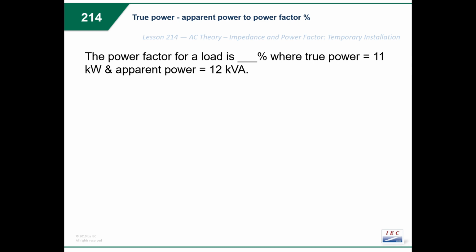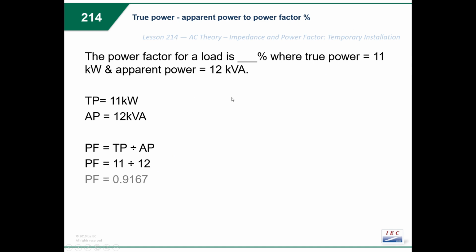What is that percentage that we are losing? How do we calculate that? We've got a nice formula here. So some values we need to keep: true power is 11 kilowatts. Apparent power is 12 kVA. Our formula is going to be power factor equals true power divided by apparent power. Okay, pretty simple. So we can go ahead and say 11 divided by 12 gives us